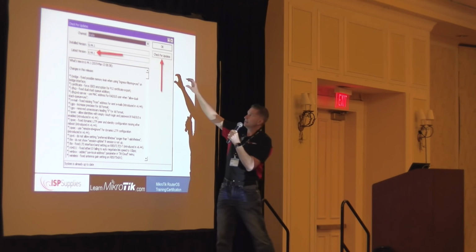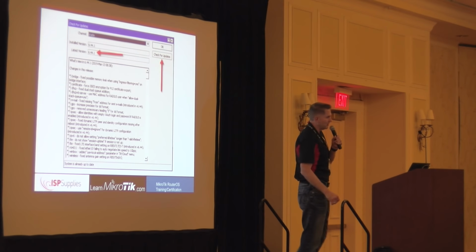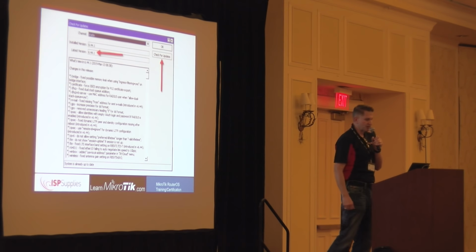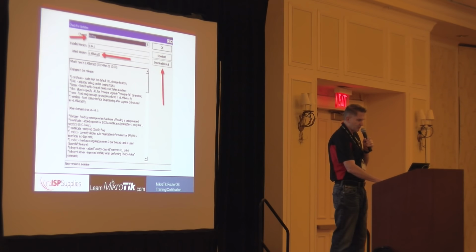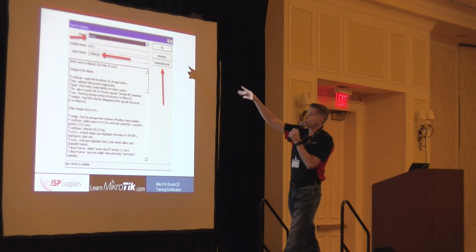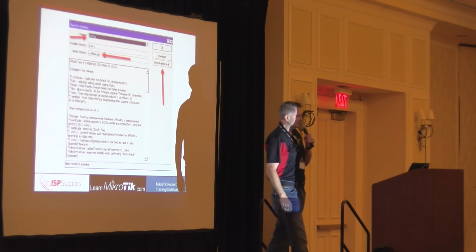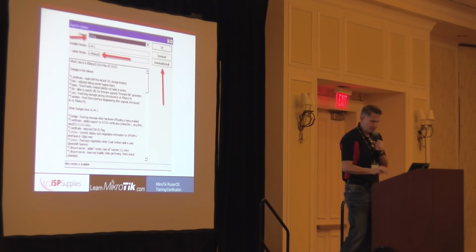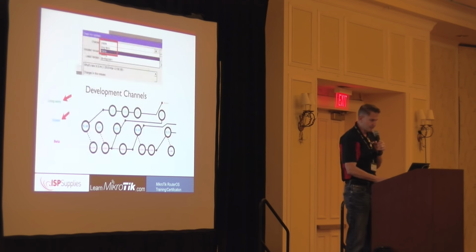If there is an update available, you'll get 2 more buttons. You'll get a download button and a download and install. If you click download and install, it will download the package and it will take care of the reboot as well. If you select a different channel for which there's an update, then the message changes just a little bit. New version available. And now you see the download and install buttons.